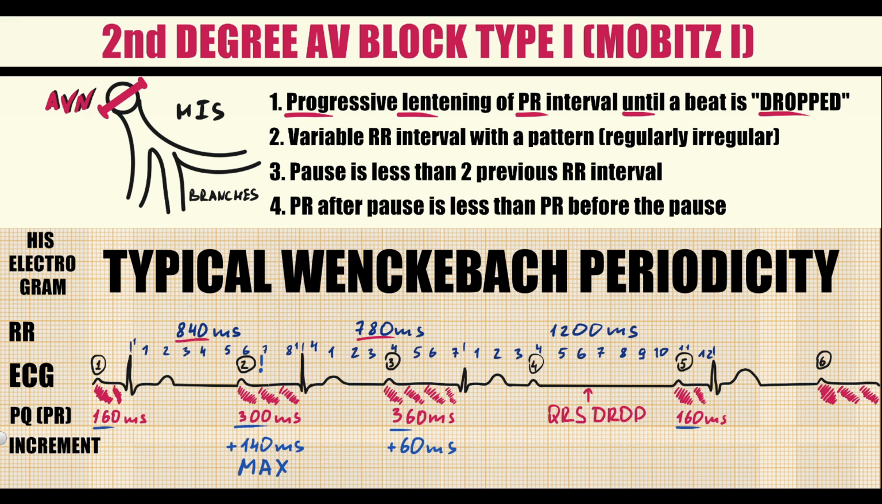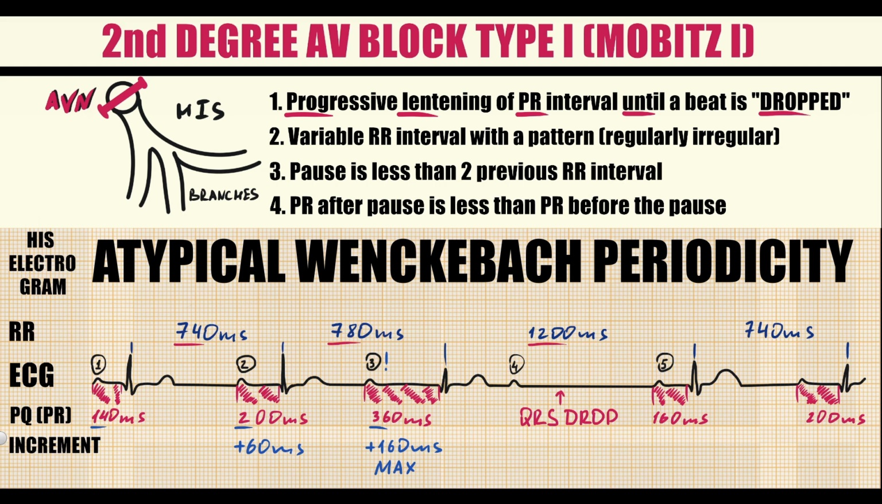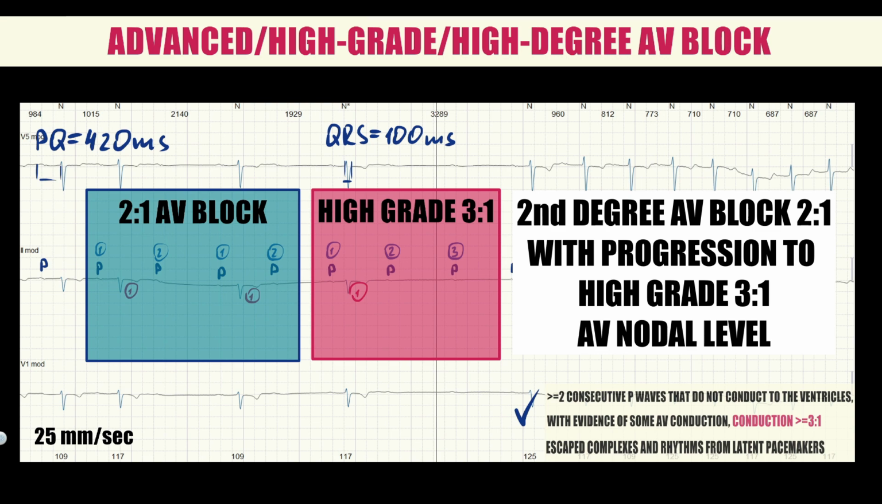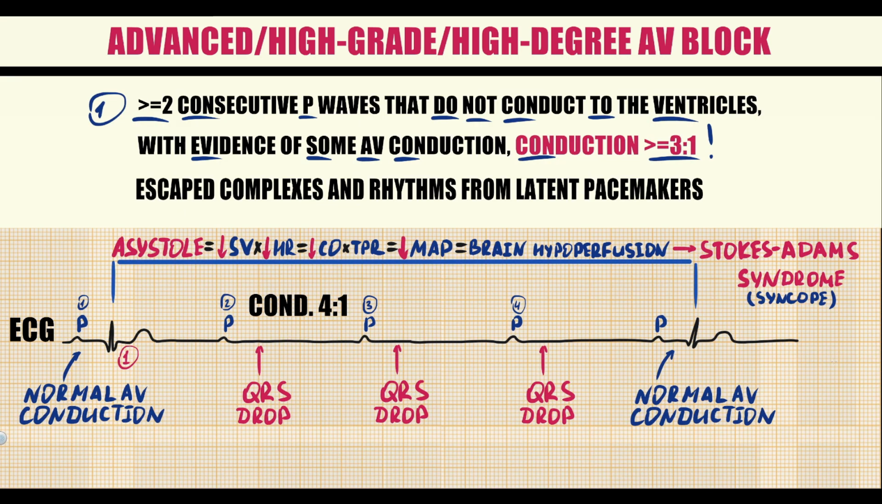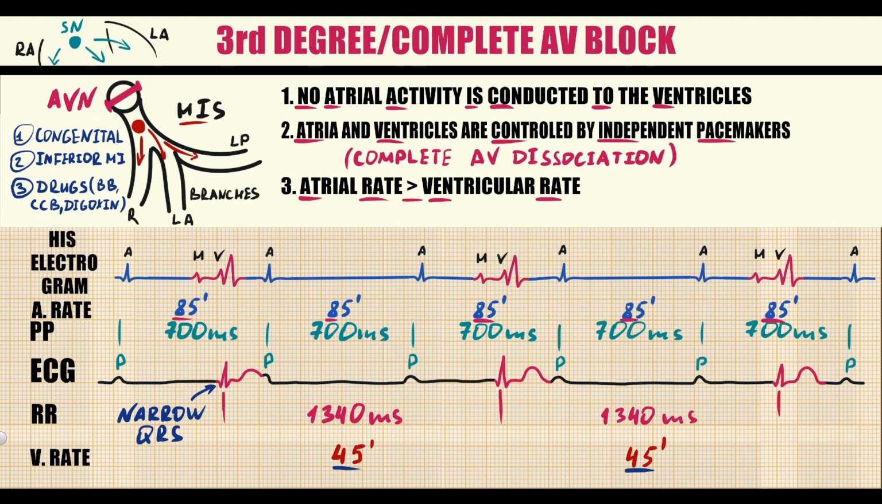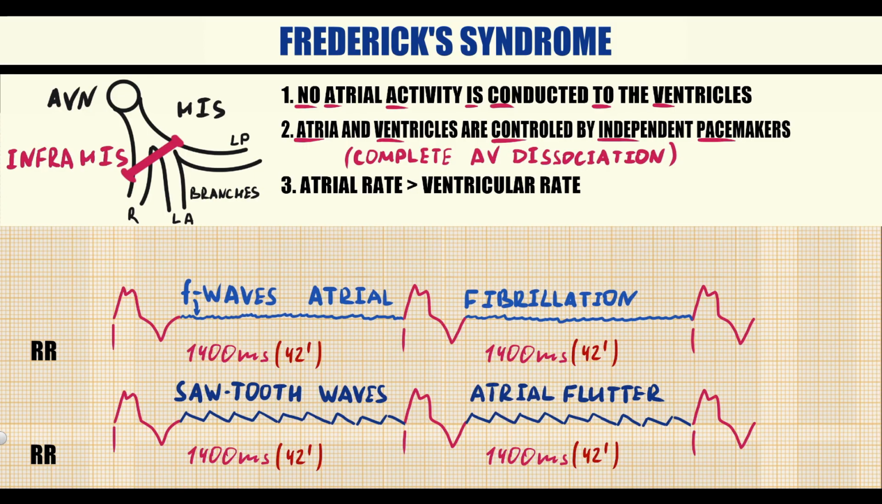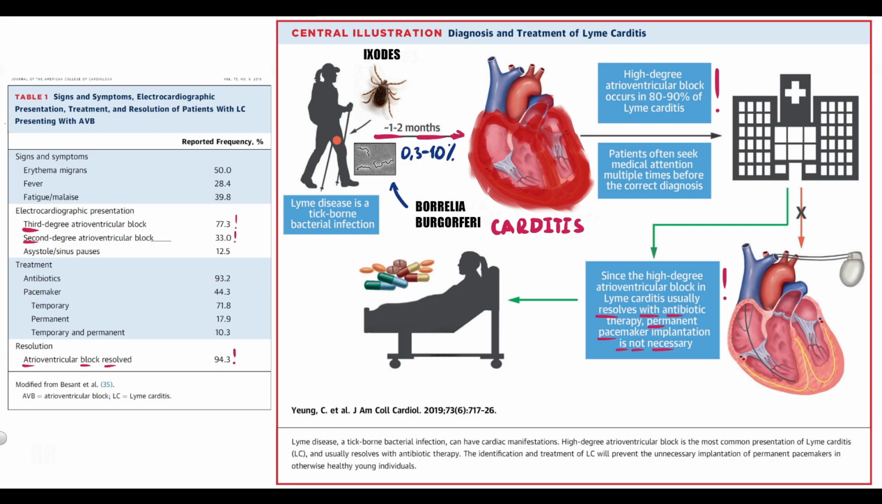characteristic of second-degree AV block, also we describe typical and atypical Wenckebach periodicity, ECG criteria of second-degree AV block type Mobitz II and risk of progression to more severe degrees, differences of AV block with 2:1 conduction and high-degree AV block, pathophysiology of Stokes-Adams syndrome, causes of complete AV block and ventriculophasic arrhythmia development, features of Frederick syndrome and Lyme